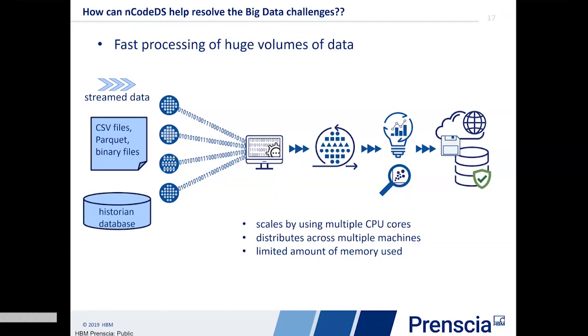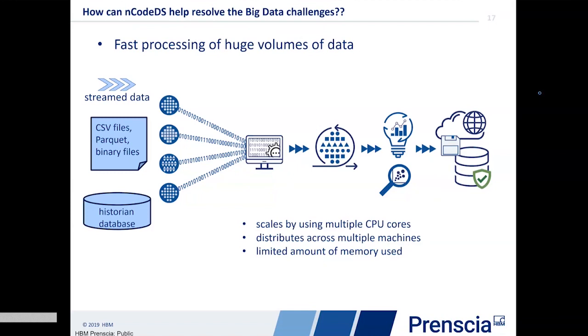And the fact that nCodeDS is called in Python enables full flexibility. So one can connect to the database through its API, for instance, and get the data in and out. One of the demos is going to use data from a historian database called InfluxDB. And another demo, the one I'll do, is using CSV files, flat files.